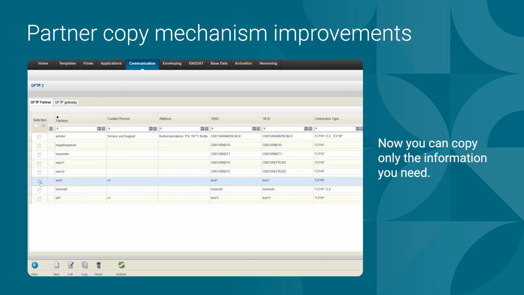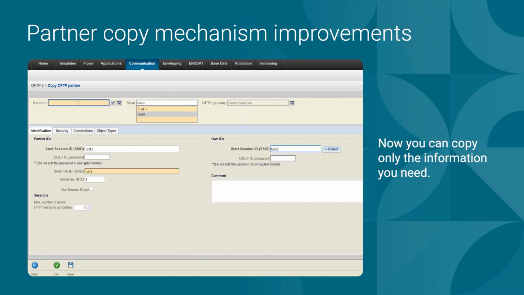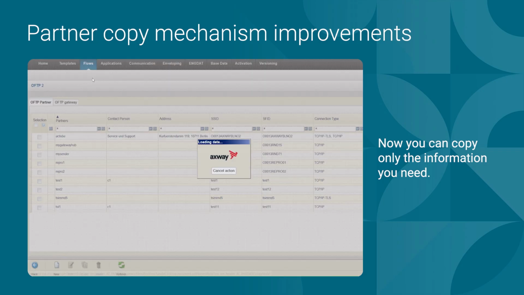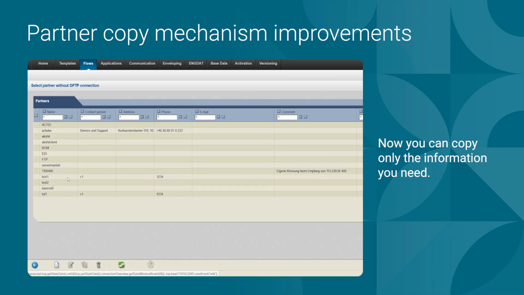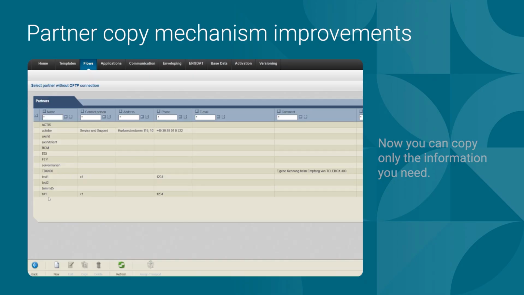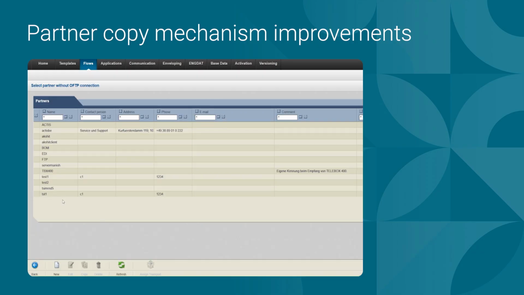And then let's just go and copy without copying the partner CFG data. Let's go with test 2. Okay. We can already see that the values are not displayed here, but let's go to partner CFG as well and check that. So we have the test 1 and then we have the test 2 without these values added, and this test 1 that was copied with the values selected, with everything there.